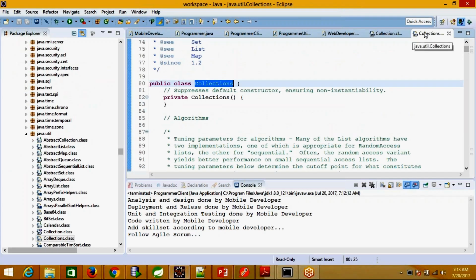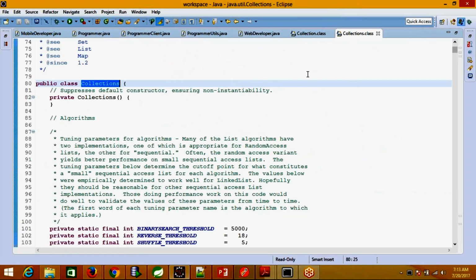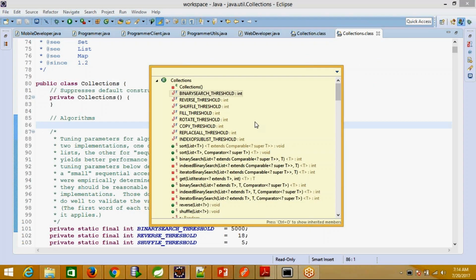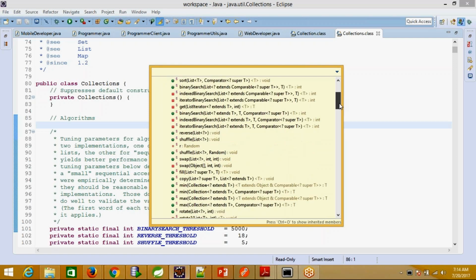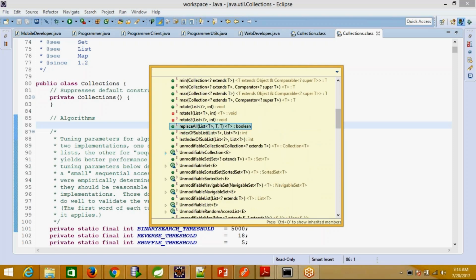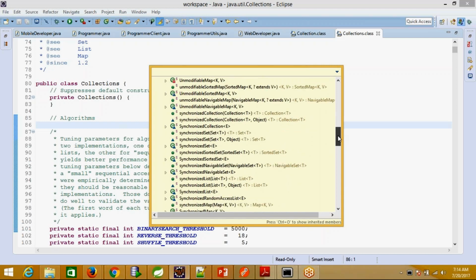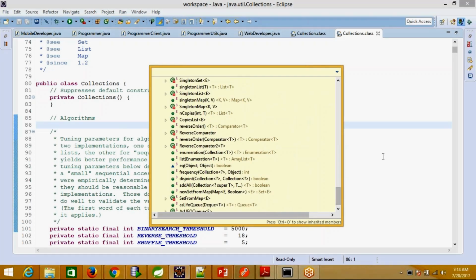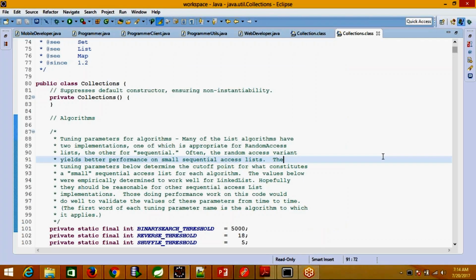So if you look into that part, if I show you the collections API, both interface and API, so both are related classes, and the collections class, which is utility class, if I press Ctrl O, you can see lot of static methods along with this API. You see the S representation for the static itself. So all these static methods are part of the collection API itself, but we have written separate class for that. So there is no need from Java 8 onwards to write these kind of classes.